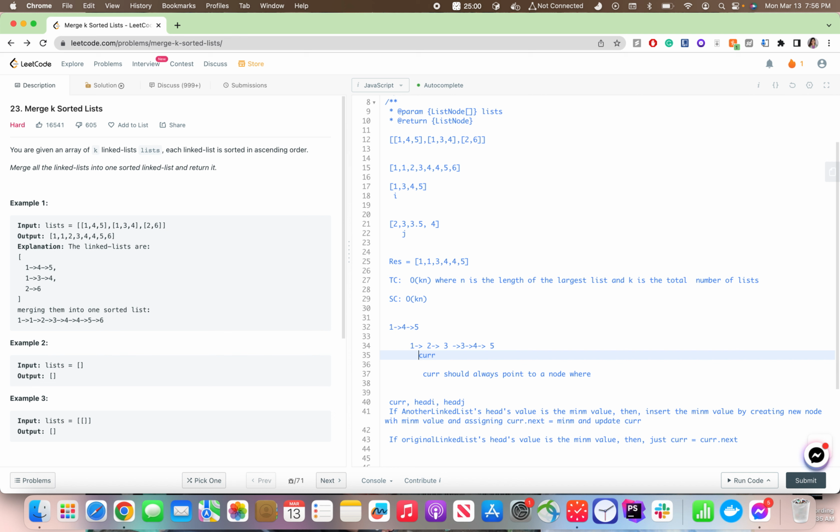It means that in the beginning current should point in the beginning here. Yeah, that's why I messed up. So current should be in the beginning first,